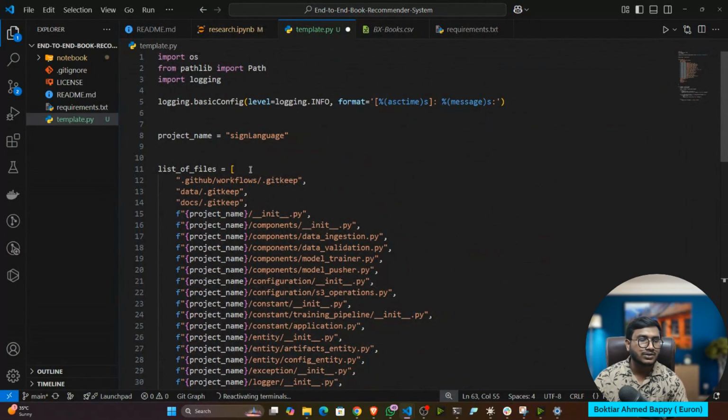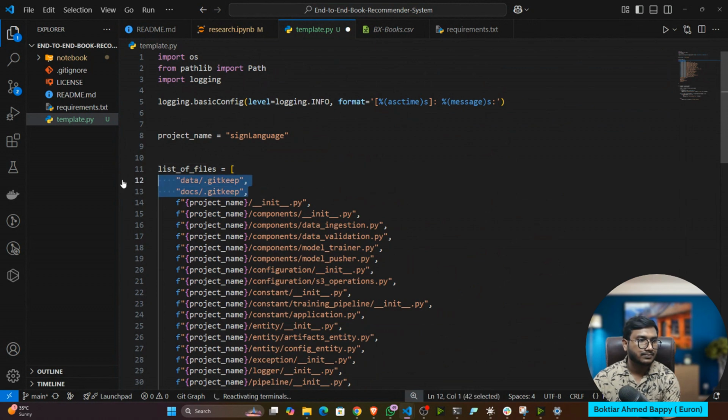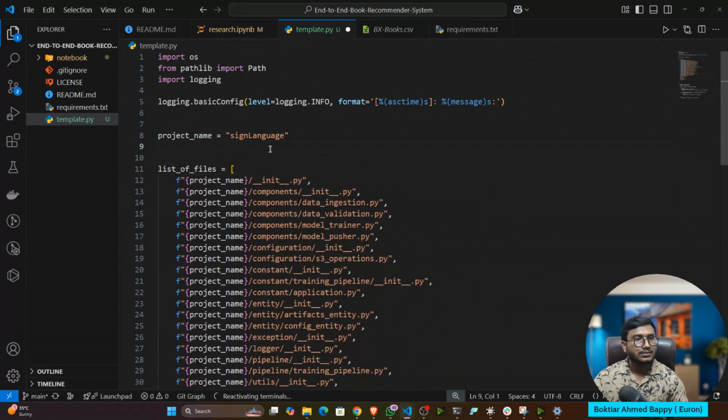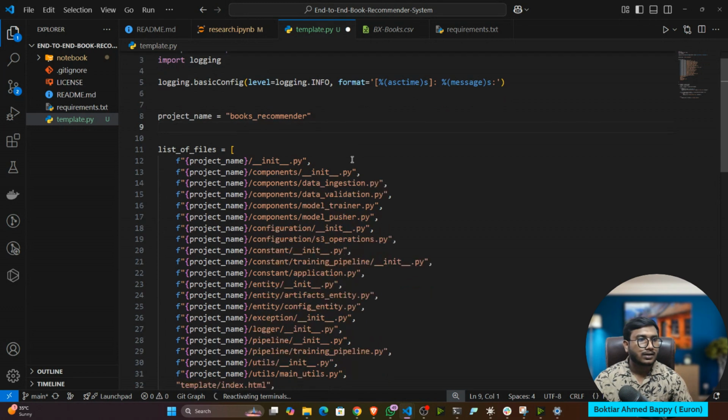Now here I just need to change the list of files. Let me delete this. Here I will give book recommender, instead of sign language. Inside book recommender, I'll create a component folder.